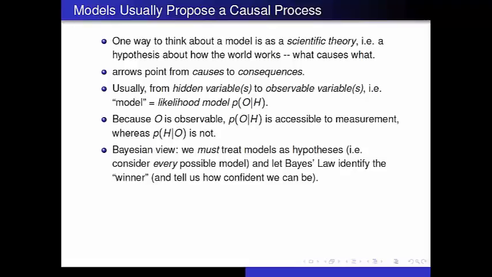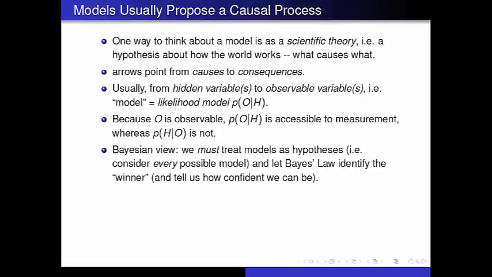How do the hidden variables cause us to observe certain values of our observables? Okay? So for example, if we say the hidden variable is the mean of some probability distribution that determines weights of elephants, a bigger mean will make the elephant weights that we get from our scale be bigger, right? So